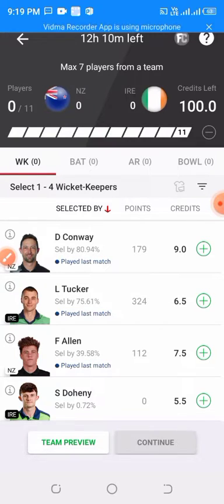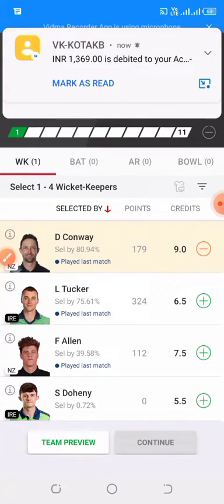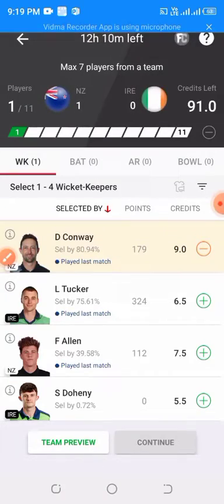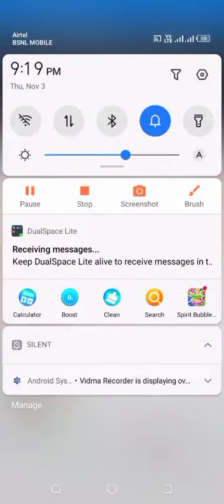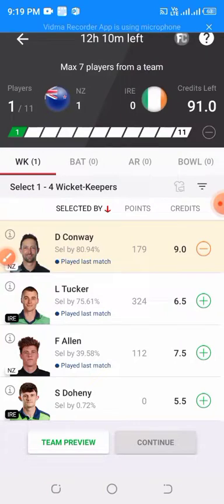Looking at the wicketkeeper category, Devon Conway will be a default pick in this match. His form is looking good and he loves to score runs against Ireland.